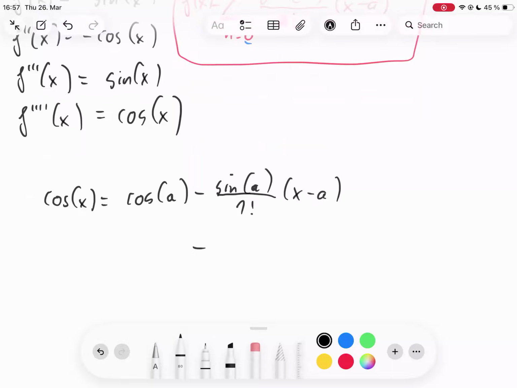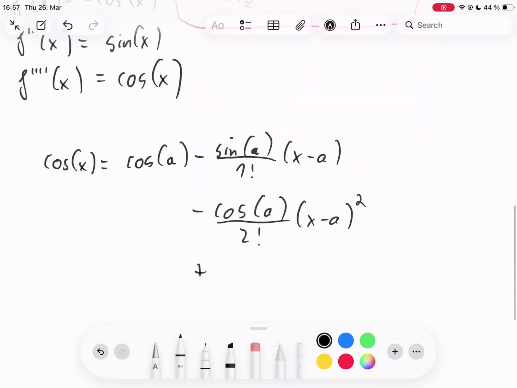Then the second order derivative: minus cosine of a divided by 2 factorial times x minus a squared. Then the third order derivative, where we say plus sine of a divided by 3 factorial times x minus a cubed. And we do one more,